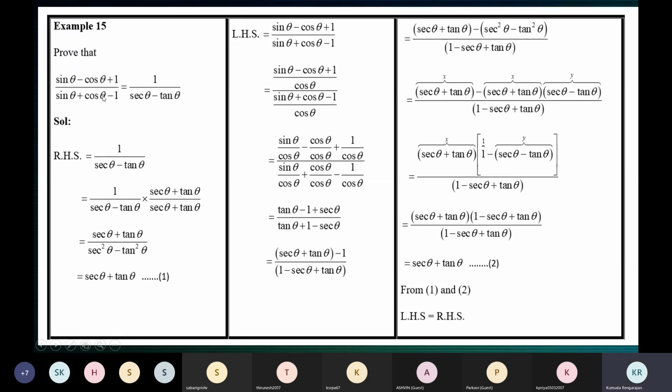So this is an important one, children. In the LHS, you can see that we have only the ratios sin theta and cot theta along with 1. So we know that we have to start by dividing the numerator and denominator by sin theta or cos theta. And here it is by cos theta. I'm not telling you why because you know it. So that's the first step. We divide the numerator and denominator by cos theta.